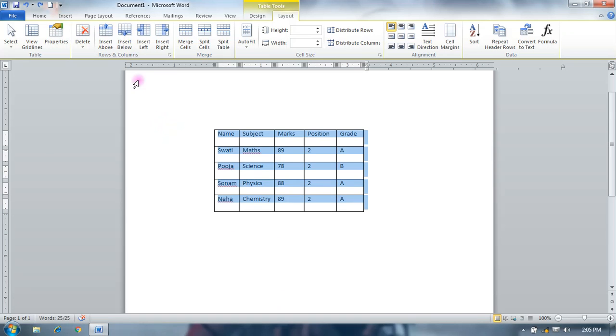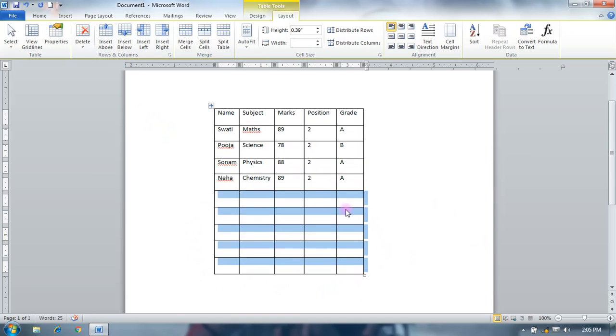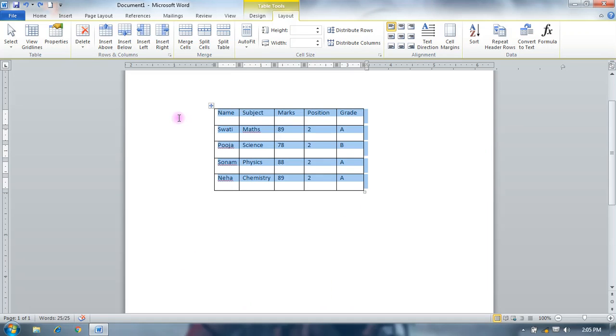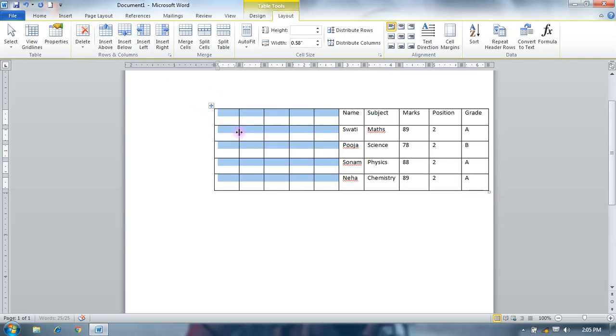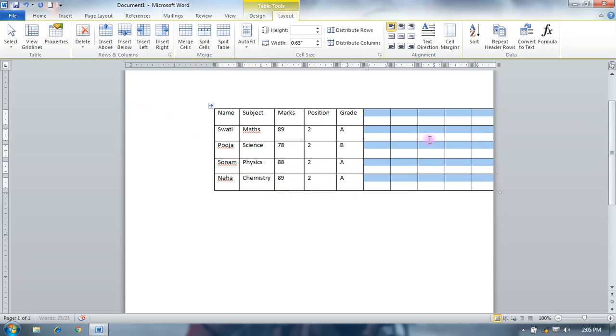Now again insert below. Again there is a table inserted in our created table. Okay, insert left. There is insert left table and insert right. This is insert right.